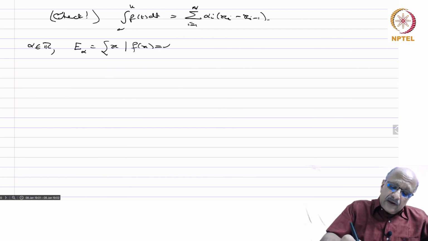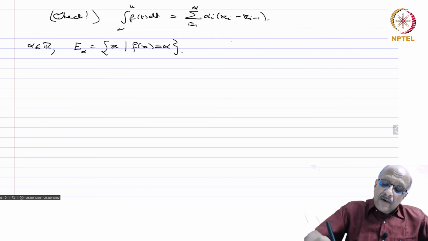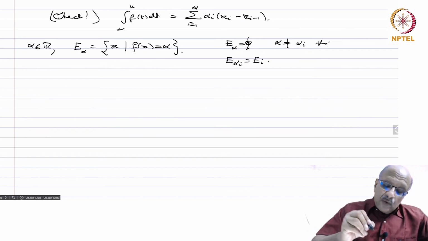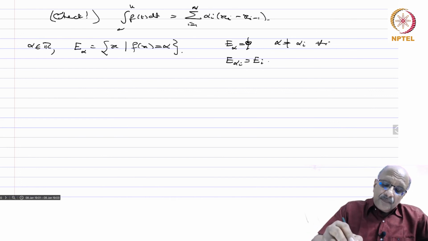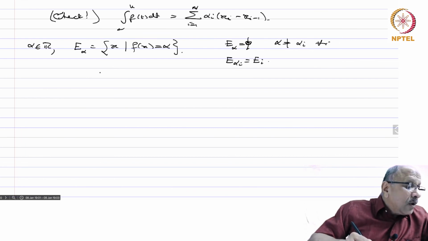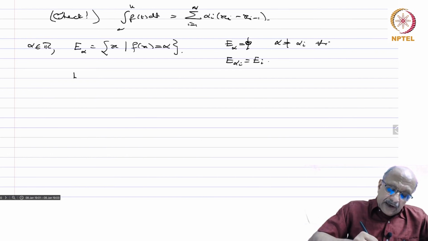So E_alpha is the empty set if alpha is not equal to alpha_i for any i, and E of alpha_i is precisely the set E_i. Then you take the length of the interval over which you have this, and you have the alpha, and the Lebesgue integral